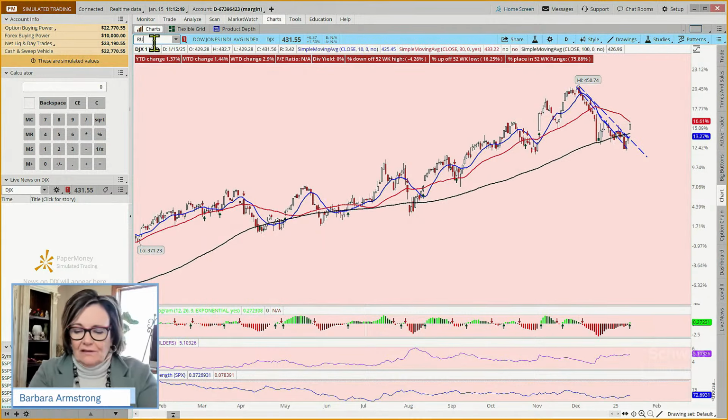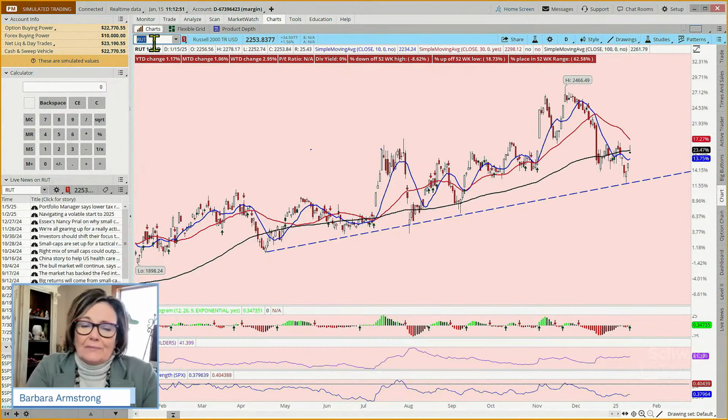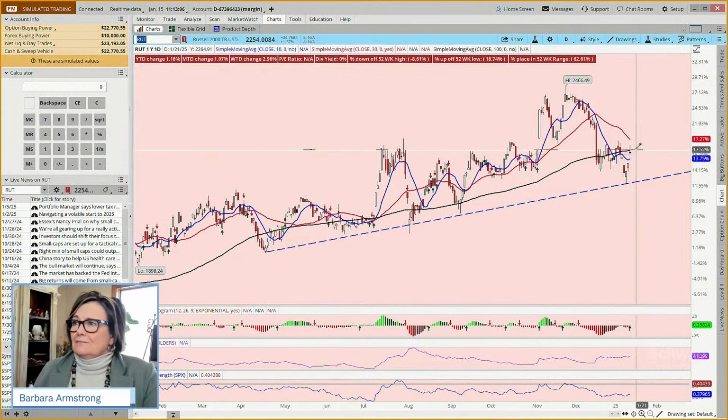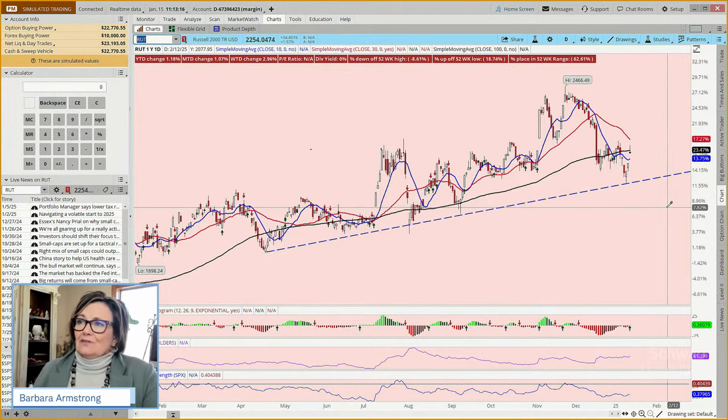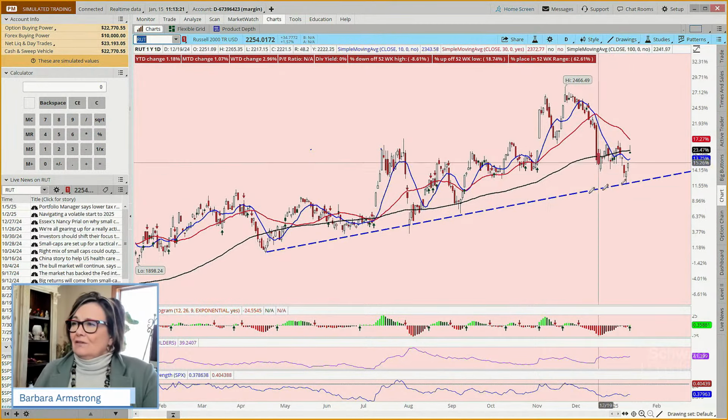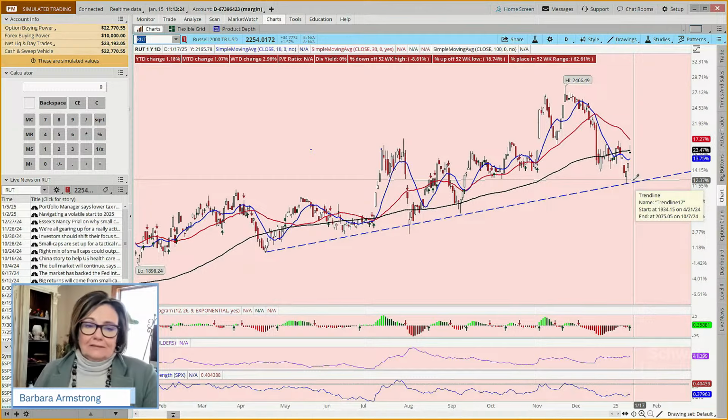And how about the Russell? This is our small cap index, the biggest of the small boys. We've got about 2,000 in this index. But when we look at this, it's still up 23%. And again, this is bouncing pretty dramatically to the upside today. But it was up more. We've got a bit of a hammer. So will this continue? And again, it's between the 10 and the 30. So it's not exactly clear sailing yet. But this support level down here appears to be holding.